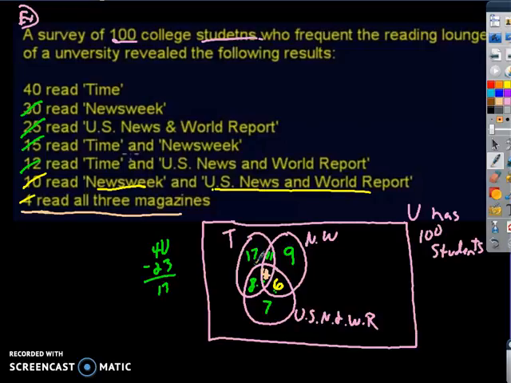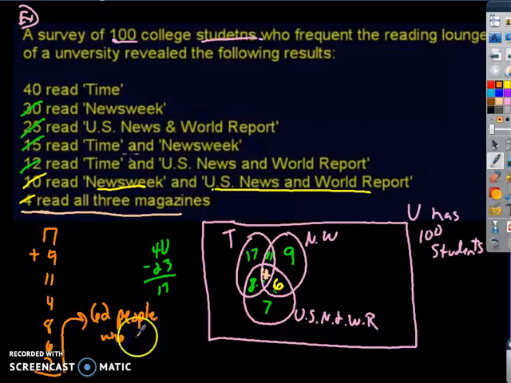All right, and the last thing is how many people are left in the universe? Remember, there's 100 people in this whole universe, and all these people are readers. So I'm going to add up all these little sections to figure out how many people are reading magazines. So 17 plus 9, 11, 4, 8, 6, 7. You add those together. All right, that's 62 people